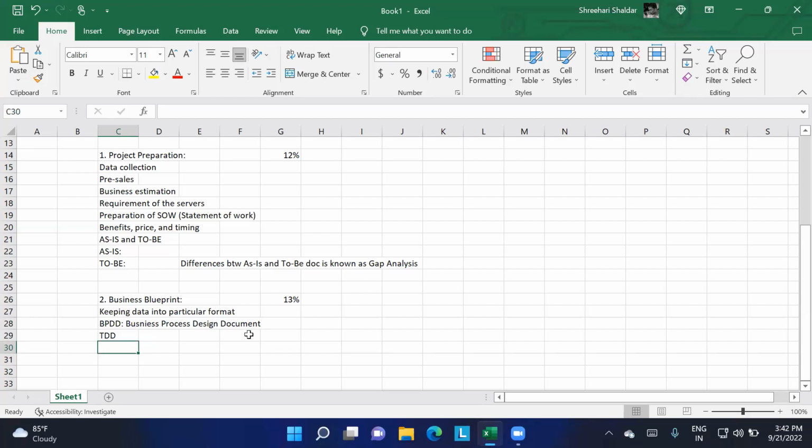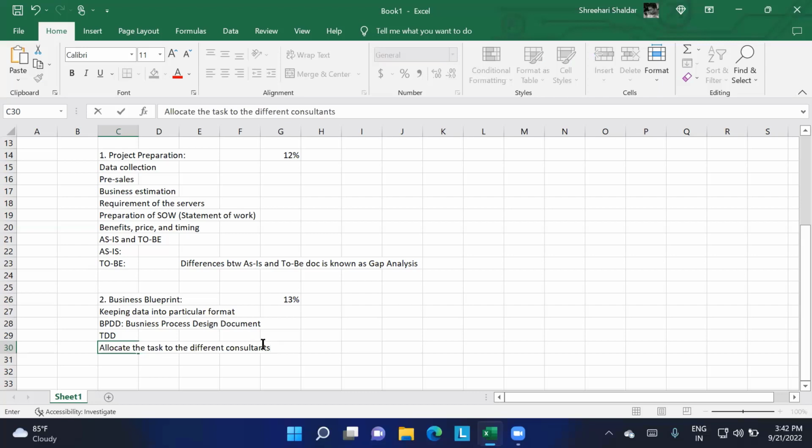And in this phase we're going to allocate the tasks to the different consultants. In the first phase they identified the business estimation, like how many consultants may be required in MM, how many in SD, how many in FICO, like that. It depends upon the business capability or the business size.